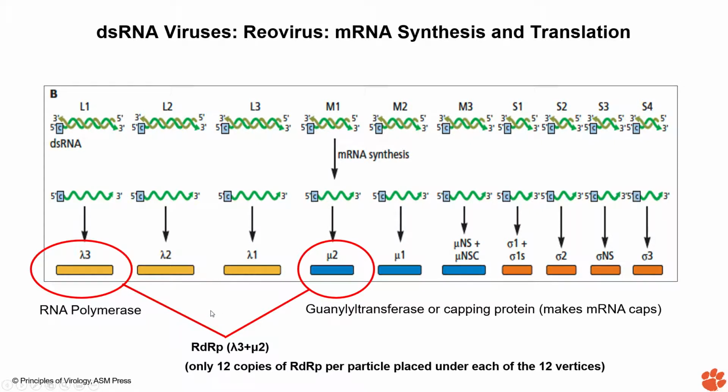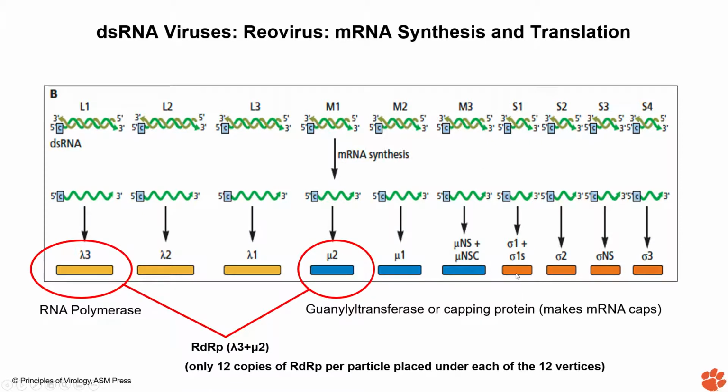These two together is the holoenzyme. So remember that part of the enzyme is called the apoenzyme, and when the subunits all come together as one complete functional unit, we call this a holoenzyme. So your holoenzyme of the RNA-dependent RNA polymerase is made up of lambda 3 and mu 2. All right, so next what we are going to see.